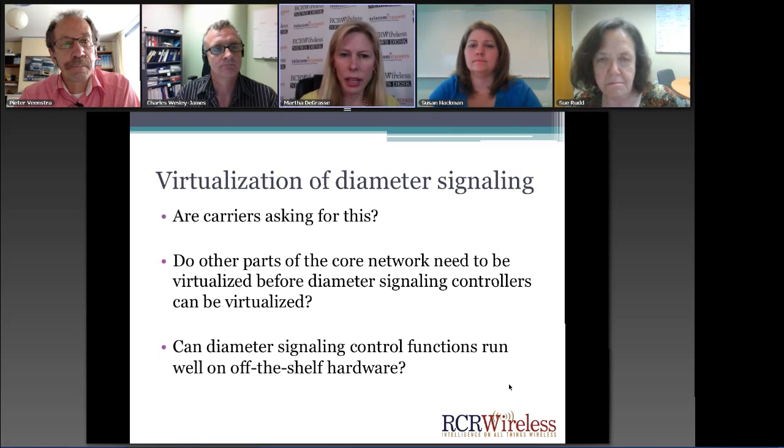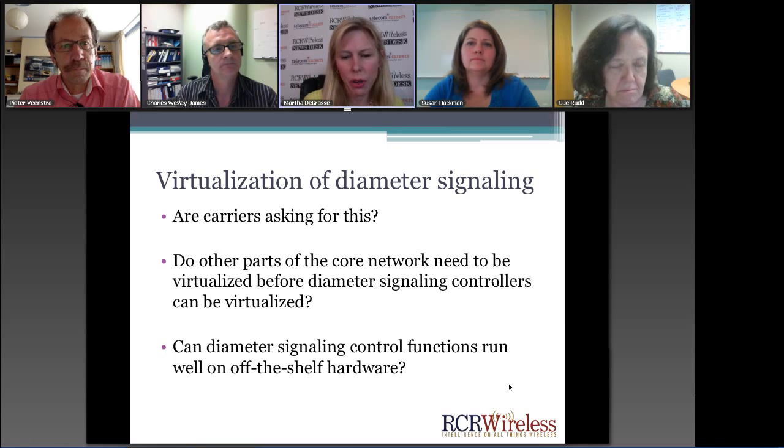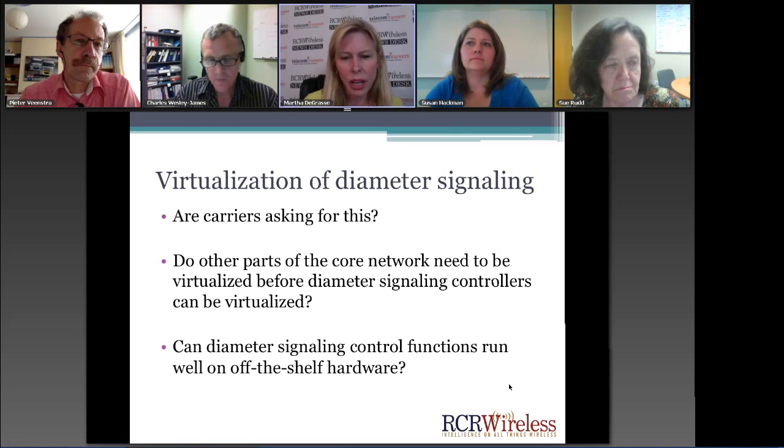Now, one other thing that I'd like to discuss before we run out of time: as diameter does become more cloud-based, I think maybe there is an opportunity for operators to extract value from these diameter messages and gain more network intelligence. Chuck, have you seen that at all, or do you think that operators are starting to think about that? Yeah, they're looking at it as a way of network intelligence, finding out who is where of